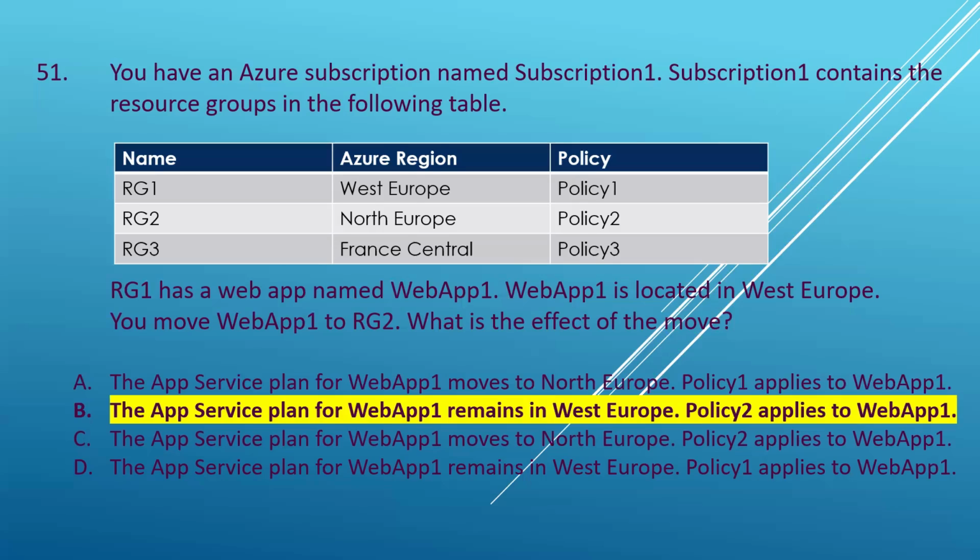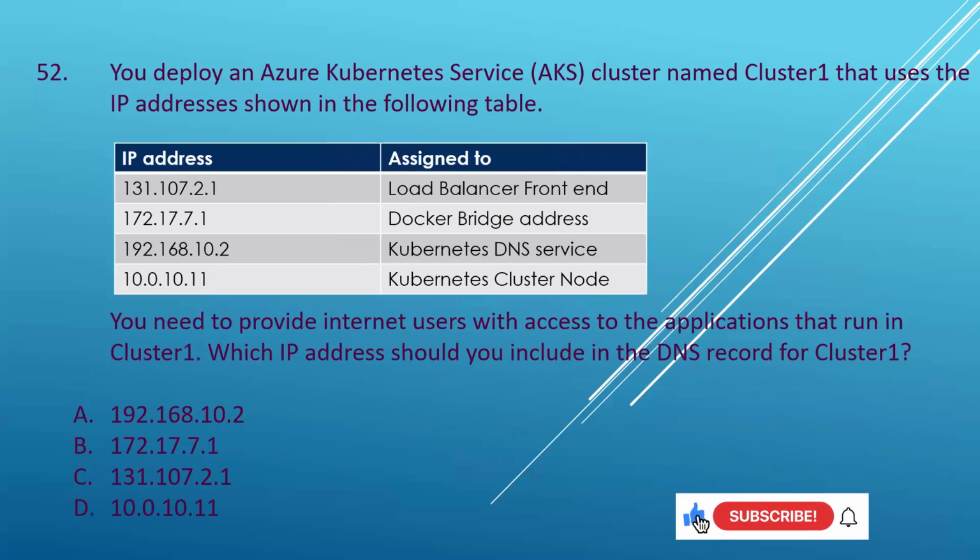Let's look at the next question of the series. You deploy an Azure Kubernetes service cluster named Cluster 1 that uses the IP addresses shown in the following table. Now, there are 4 IP addresses, and then the assigned to table shows to which section or feature the IP address is applied to. You need to provide internet users with access to the applications that run in Cluster 1. Which IP address should you include in the DNS record for Cluster 1? Your options are